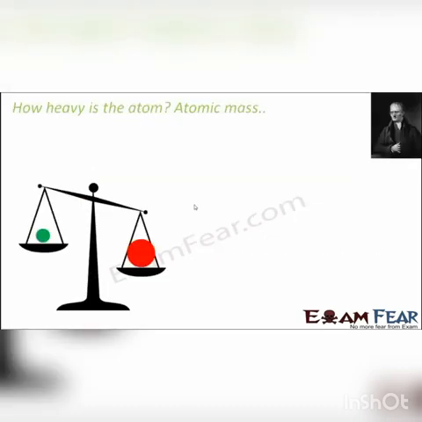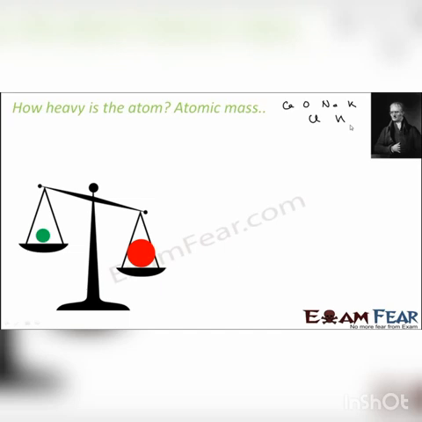So now we know the atom's size, that atoms are very small in size. We know that the physical property of any matter is determined by the atom. Any matter, you see, has atoms in it. We know all these things about atoms. We also know how to represent an atom. For example, calcium is Ca, oxygen is O, sodium is Na, potassium is K, chlorine is Cl, hydrogen is H. We know all these things.